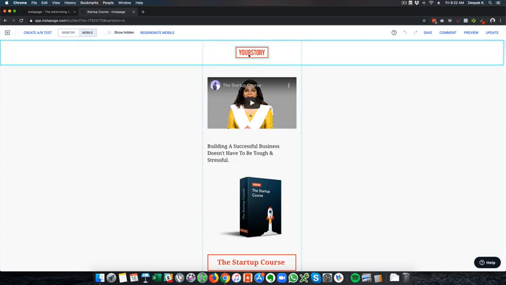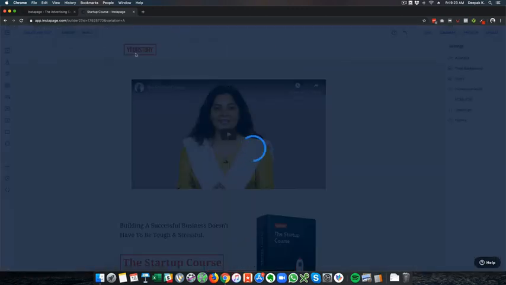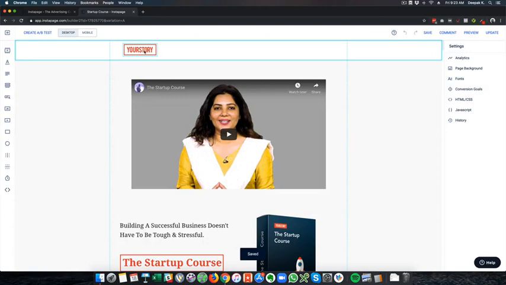For example, if I want to move this logo around or make this logo bigger, I just need to do this, and it also gives you a center guide, so that if you want to position it at the center, you will be able to do it. If I go back to desktop, you can see this particular thing has not changed because I just did it for the mobile version.